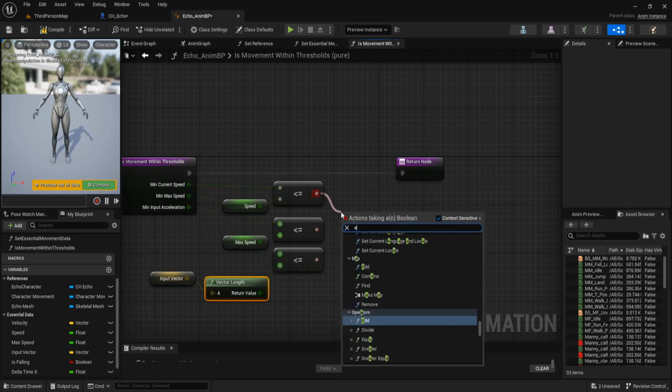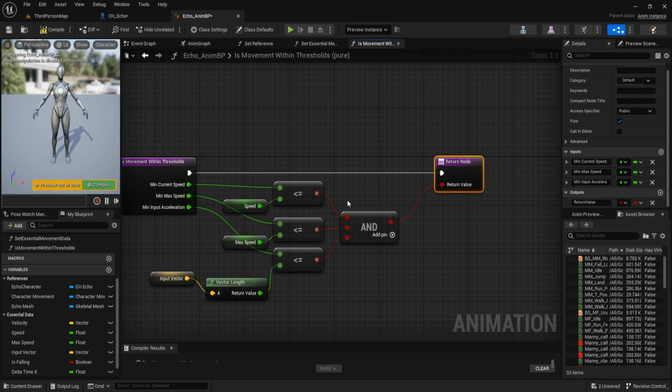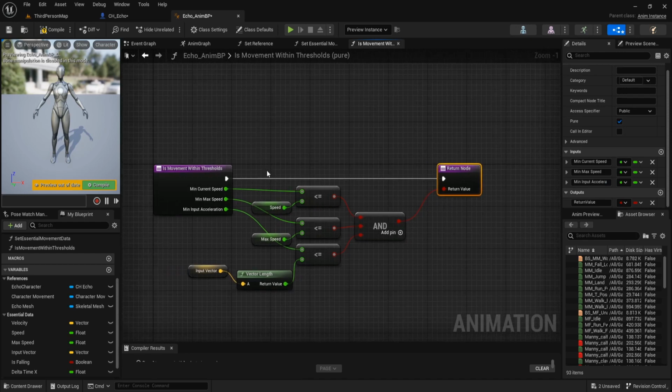And we combine all these three conditions with an AND boolean, and we return it. With this condition, we can figure out what is the locomotion state of the character. Is it idle, walk, or jog?